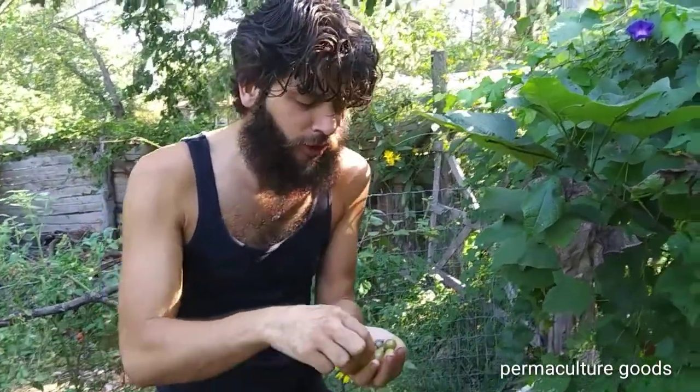You want to get them whenever they're kind of brown looking, and that way their skin is a little bit softer, thinner, and they're really sweet, really good. Make sure you get it at the right time, before they fall down. But we're just out here getting our breakfast, and we wanted to show you air potatoes,